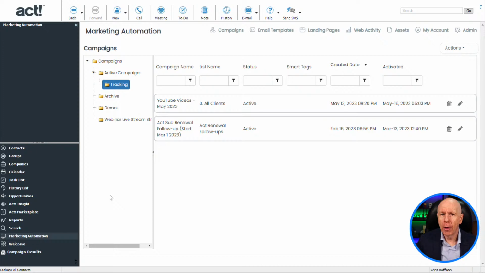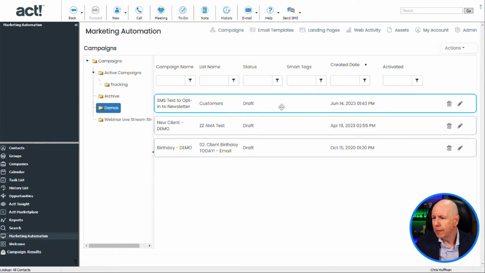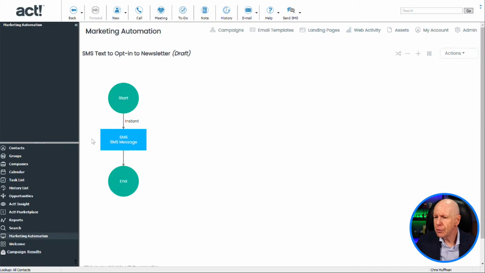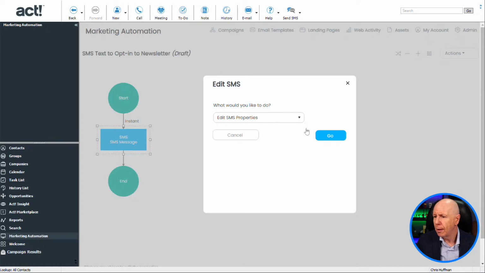With ACT Marketing Automation, it's more of a campaign. There's a lot more steps involved, and it has really good tracking. So what I've done is set up a campaign. I'm going to go to my demos here, where I set up an SMS opt-in to a newsletter, and I'm just going to edit this. So here's my campaign. The neat thing is I can have multiple steps in my campaign. I can have one that's an email and then one that's a text message. So if I open up this particular one,